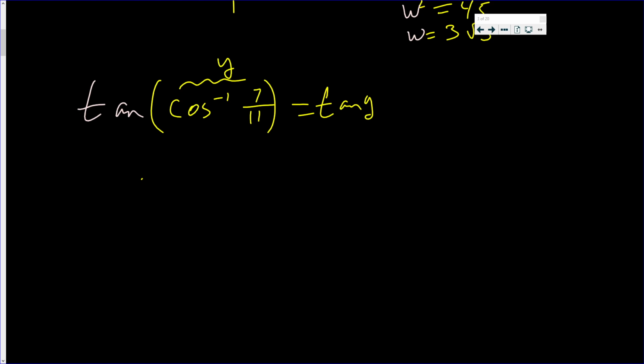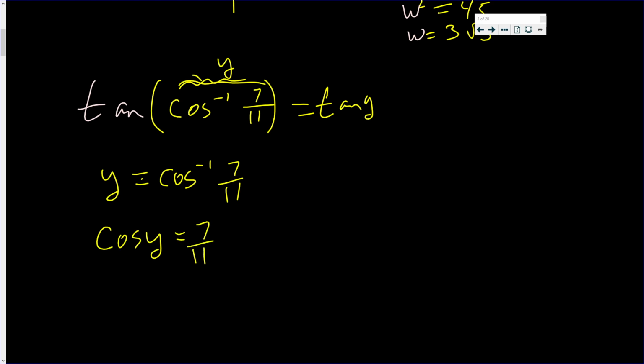So this here tells us that y is equal to the cosine inverse of 7/11. That means that the cosine of y is 7 over 11, and since that's positive,